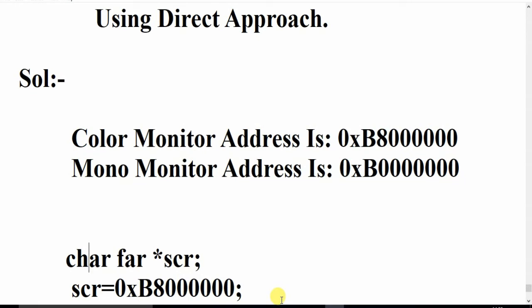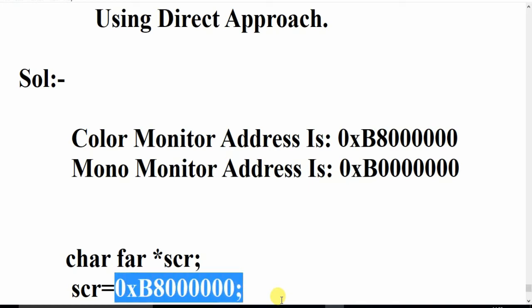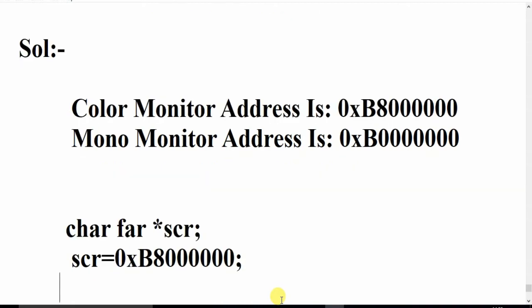How will you create a huge or far pointer? char far *scr. If you are not using the far keyword, the default is the near keyword. Near is a 16-bit pointer, and the maximum address that can be stored is 65,535 only. If you want to store this address, we require a 32-bit pointer, the far pointer mechanism. Right now we created the far pointer mechanism: scr equivalent to